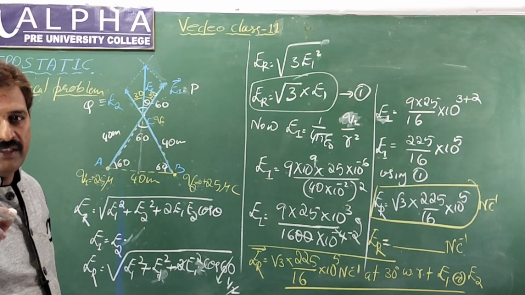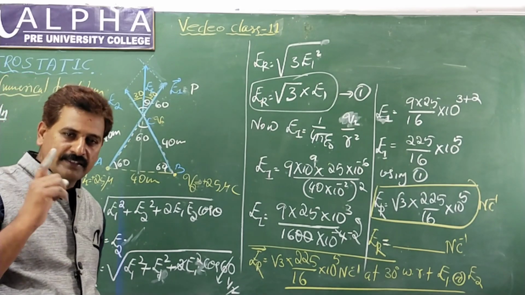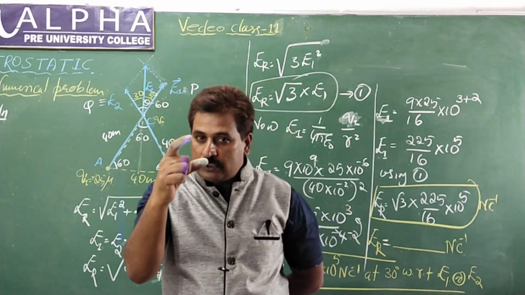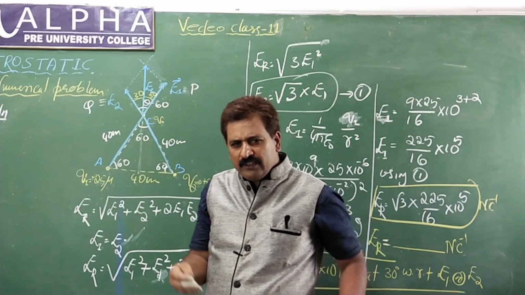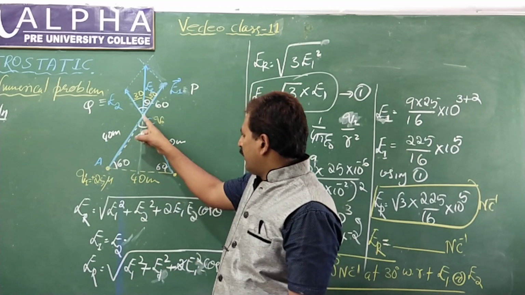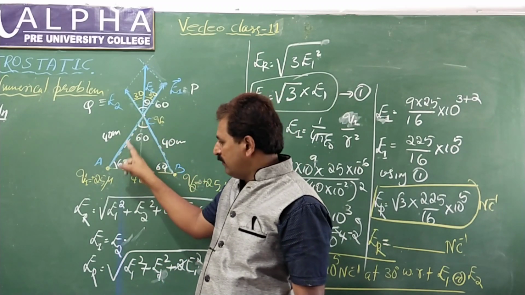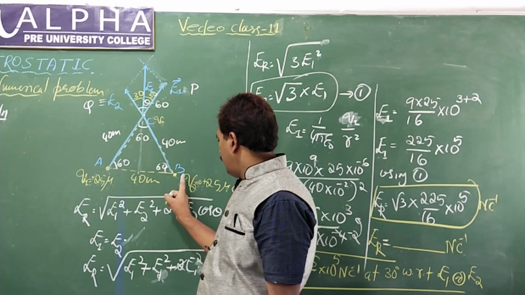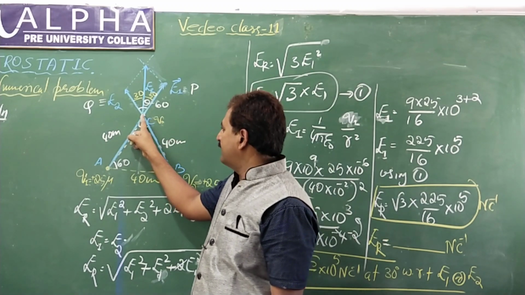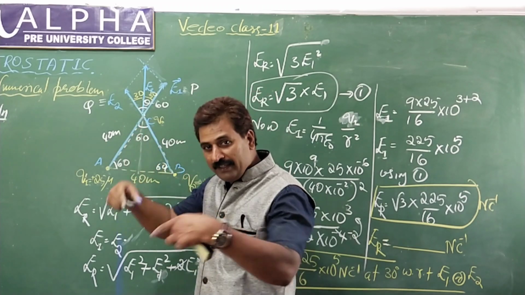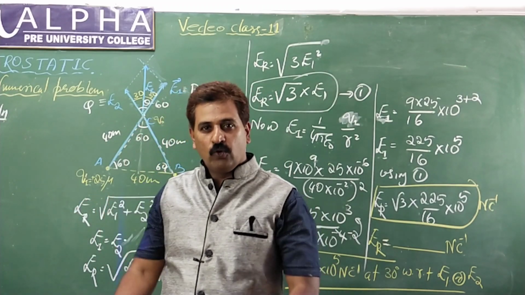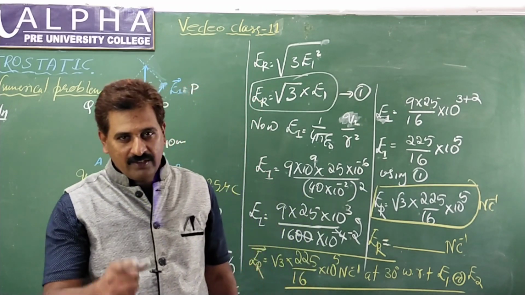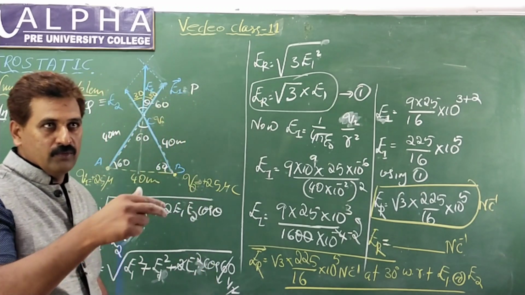What I stress upon is this point: like electric force, electric field also obeys the principle of superposition. What is superposition again and again? Overlapping of forces. Electric field means force per unit charge: the electric field of Q1 at C, and the electric field of Q2 at C. Both the fields act in these directions simultaneously, fields overlapping. In previous problems, forces overlapping; here, fields overlapping, right, friends? Okay. I'll give one more as homework.